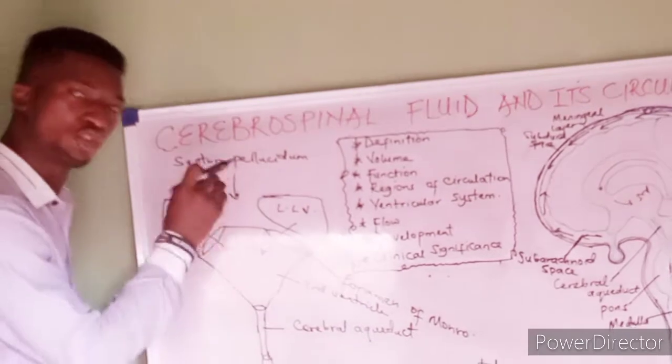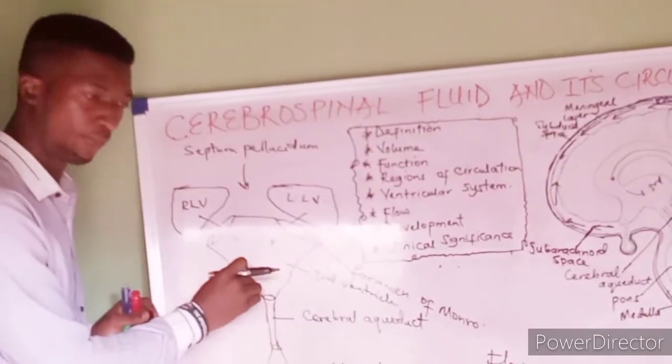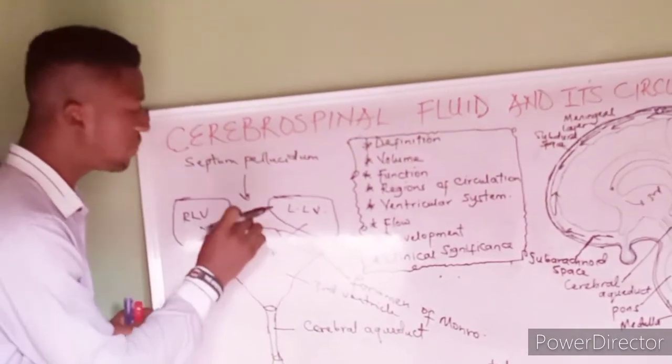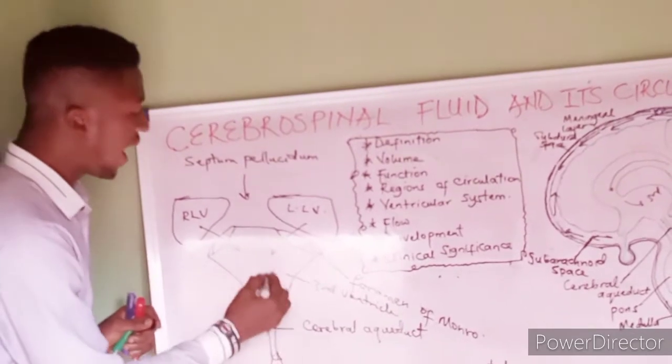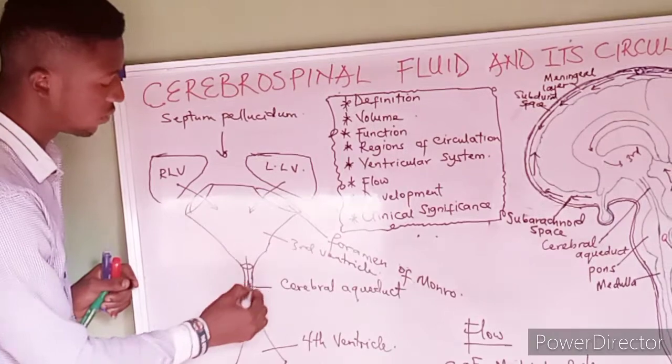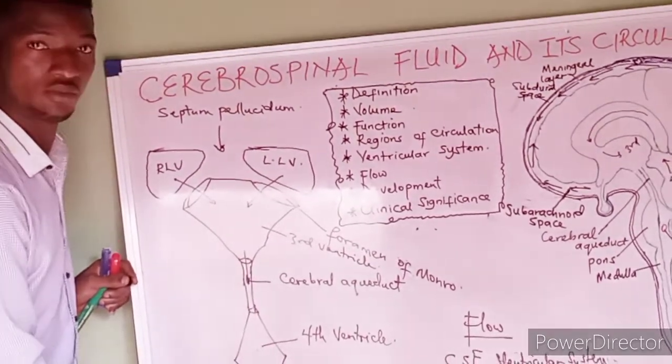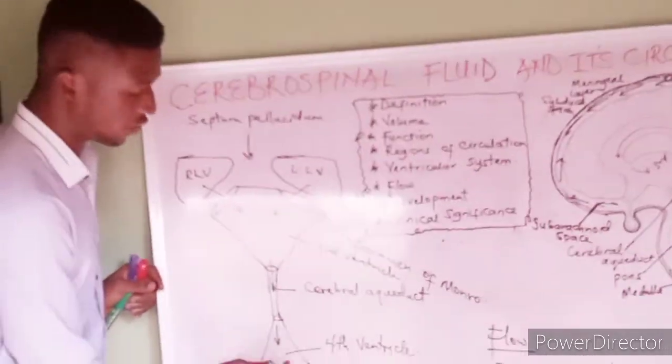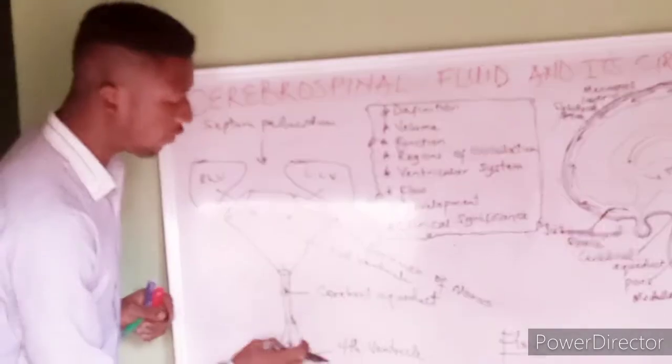The third ventricle makes a contribution to the cerebrospinal fluid, and the cerebrospinal fluid flows through the cerebral aqueduct into the fourth ventricle. So we have it in the fourth ventricle. On getting to the fourth ventricle,